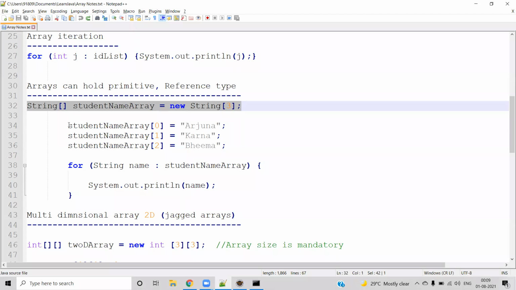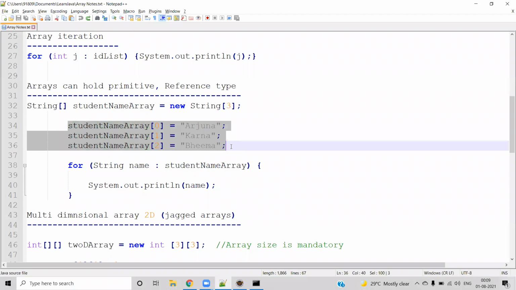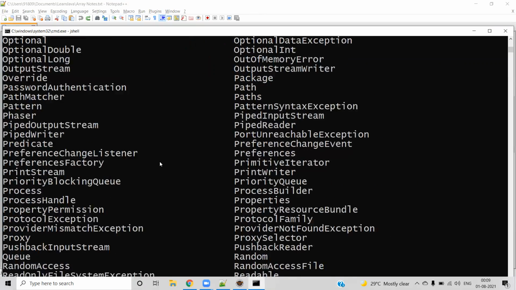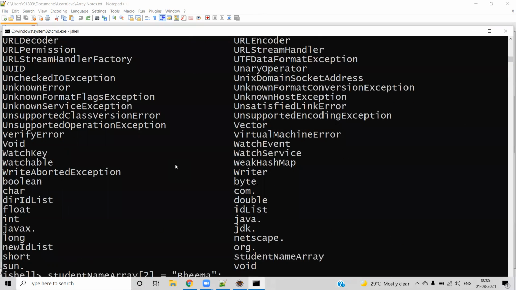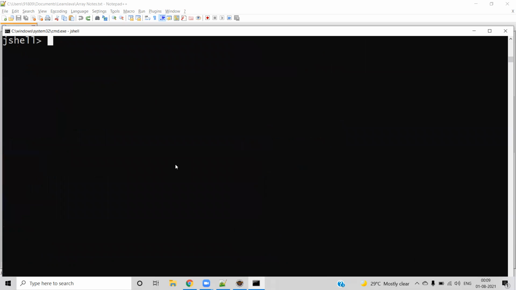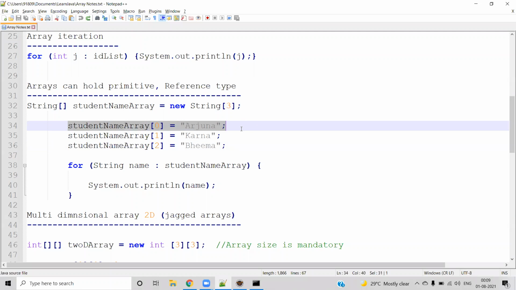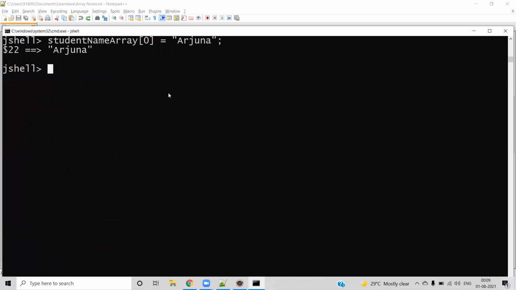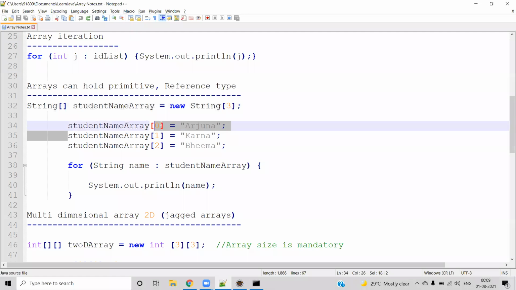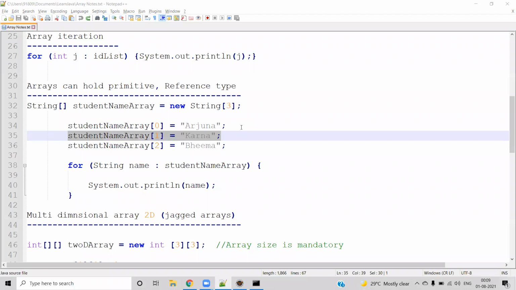Now you can assign the values continuously. Let's try multiple values. Okay, it is giving an error. We need to go one by one. With the index, manually I'm just incrementing one by one.